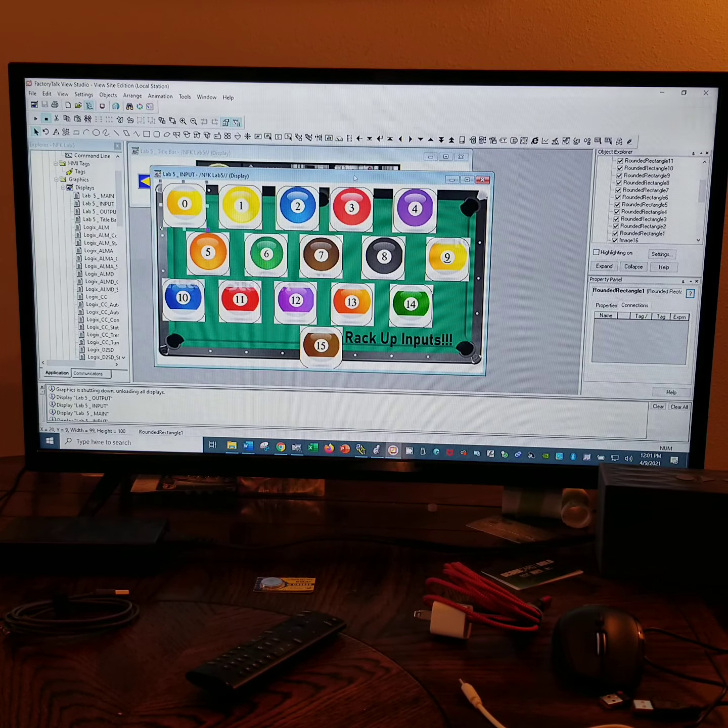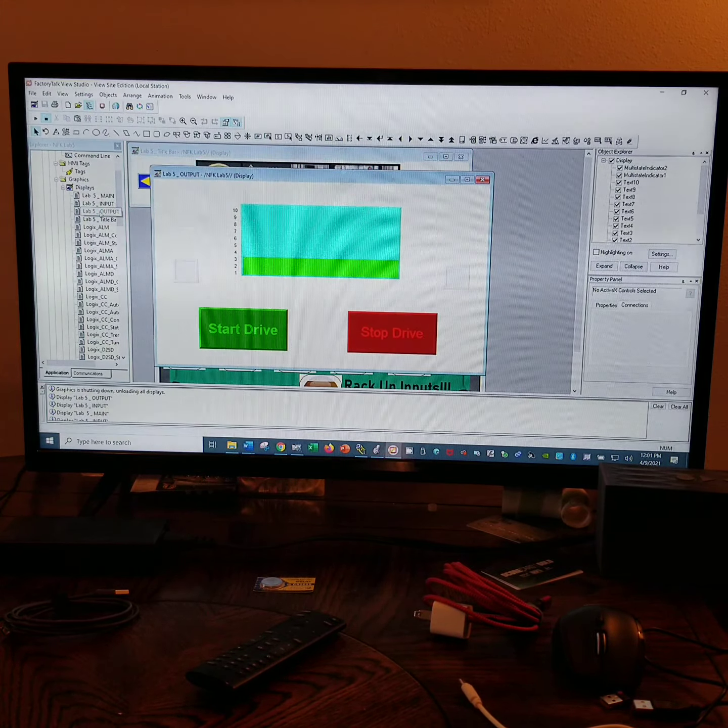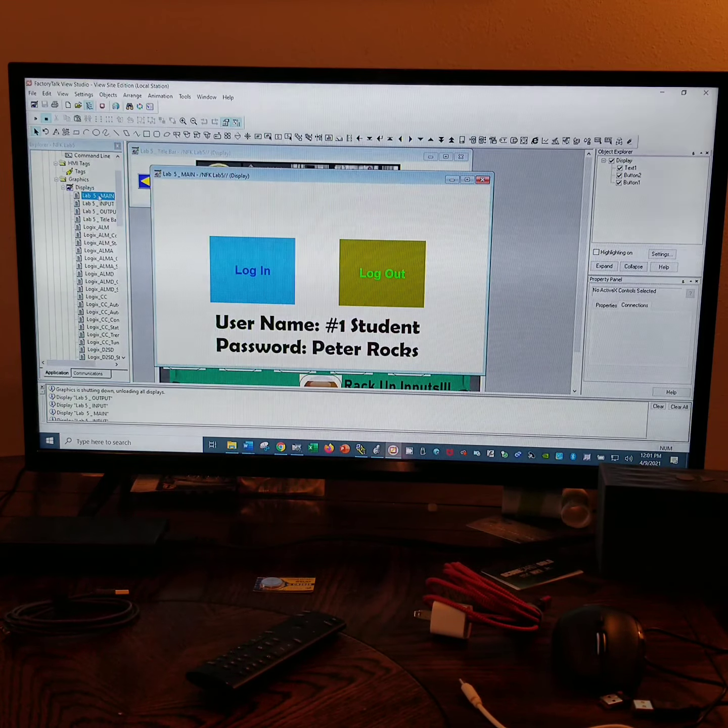Brought in another bitmap up here. So let's see, title bar, output, momentary push buttons. Yep, I believe everything is covered,